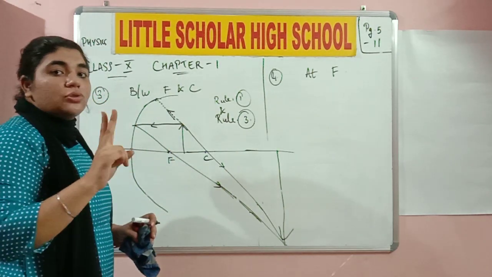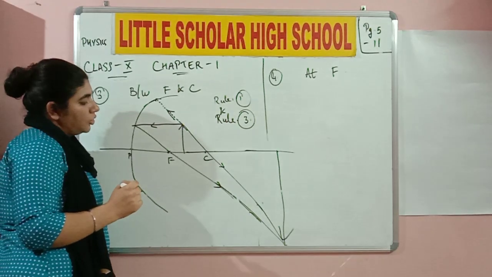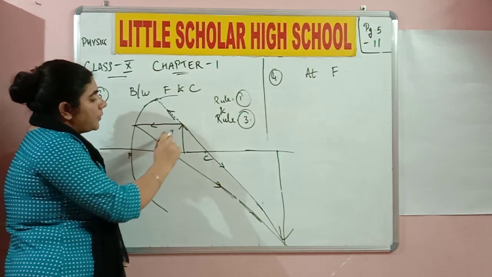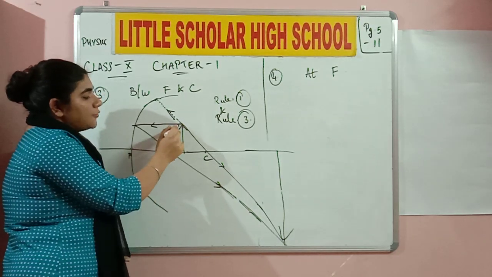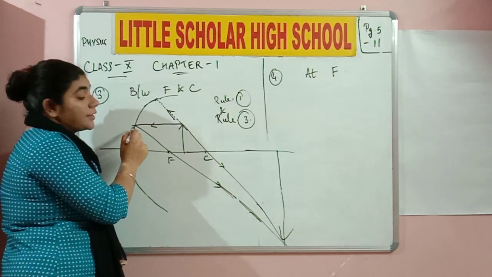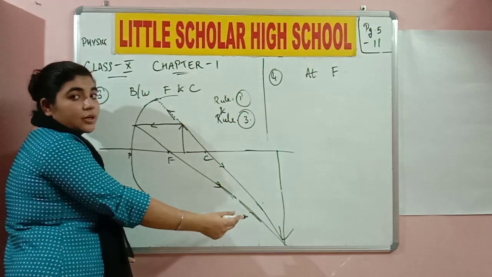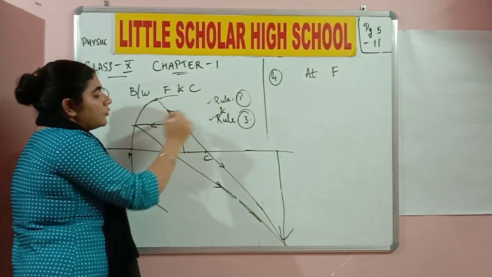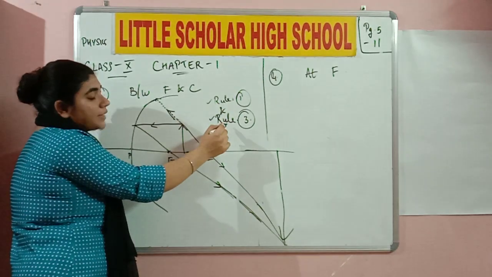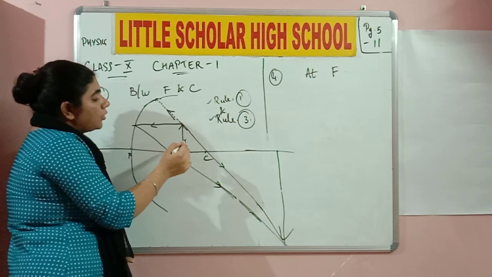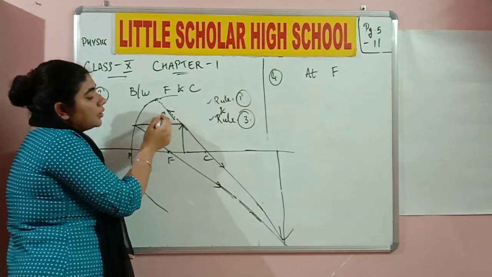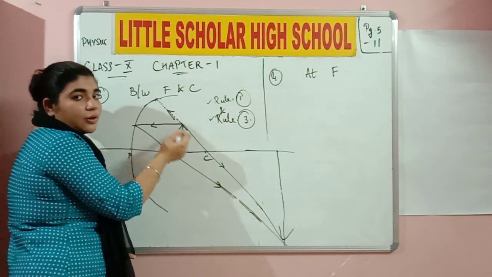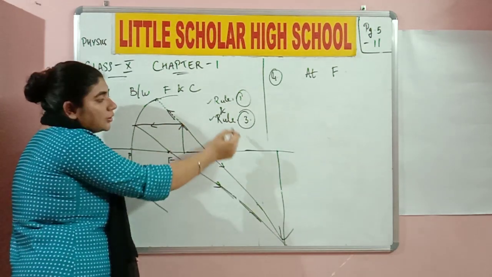But you can choose any two rules. So this is a bit complicated to draw over here, class. So you need to understand, I have placed my object between F and C. The first incident ray is parallel to the principal axis and the reflected ray is passing through the focus. The second incident ray, I am considering rule number 3. The first one I considered rule number 1 and the second one I am considering rule number 3. I am showcasing an incident ray that is actually passing to the center of curvature, and the reflected ray also happens to go from the center of curvature. That is our rule number 3.